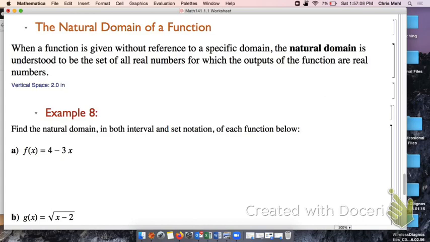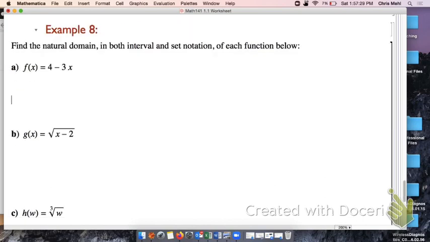Okay. It says write the domain in both interval and set notation. On your online homework, it's typically going to always be giving the domain in interval notation, but I will accept set notation on exams. Okay. So the first function,